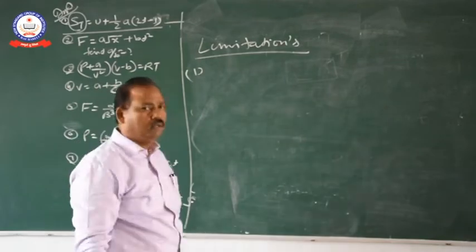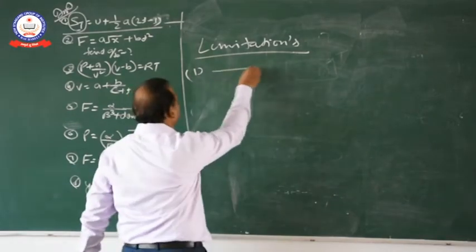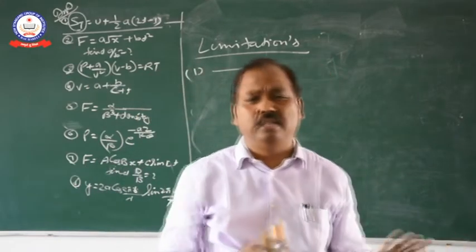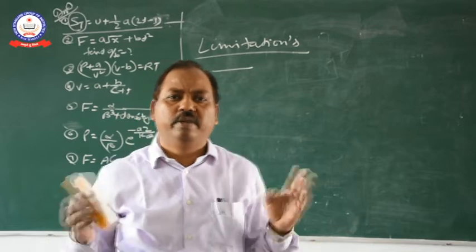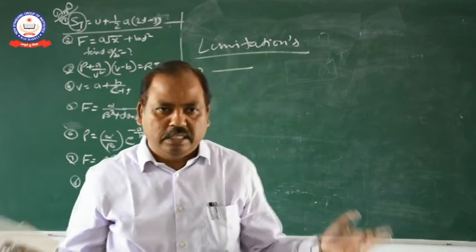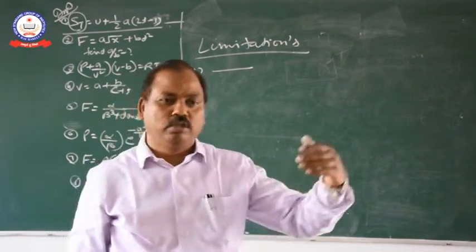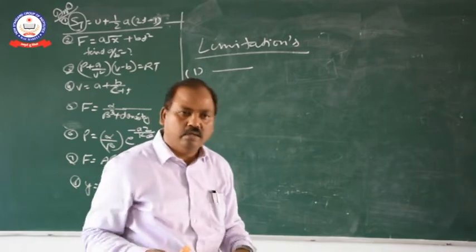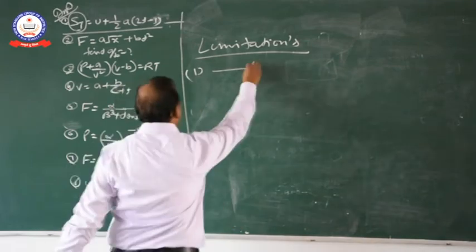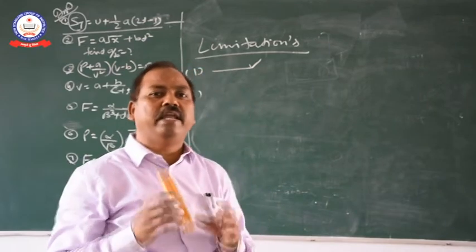First, as I also made clear in the first lecture, by using dimensional analysis we cannot calculate the numerical value of a dimensionless constant. इस प्रोसेस से किसी कांस्टेंट की न्यूमेरिकल वैल्यू हम कैलकुलेट नहीं कर सकते। हाँ, एक यूनिट से दूसरी यूनिट में कन्वर्ट कर सकते हैं, but we cannot calculate the numerical value of a dimensionless constant. This is the first limitation, correct? Second, we cannot establish